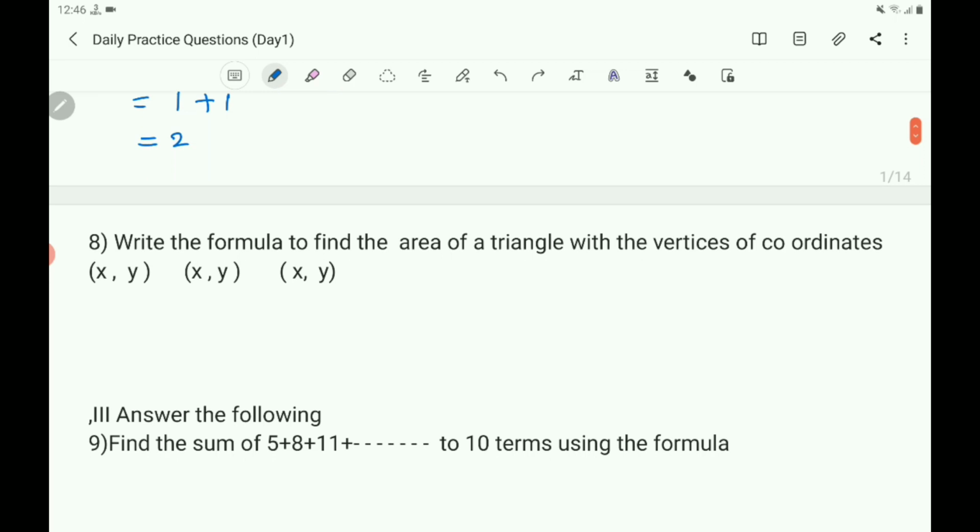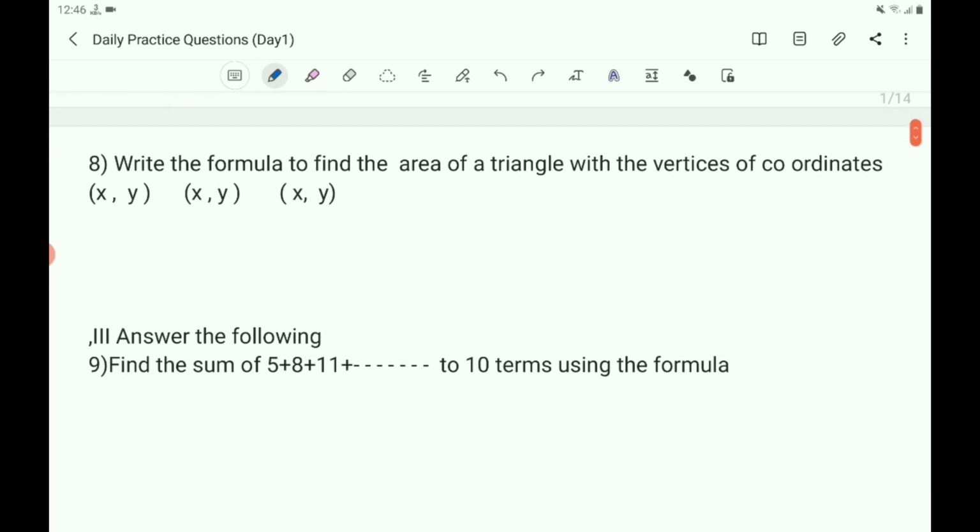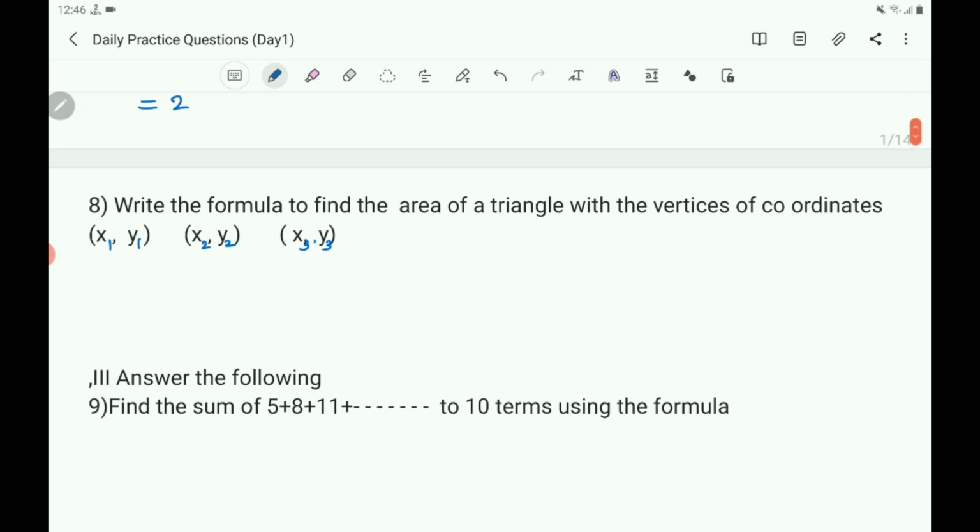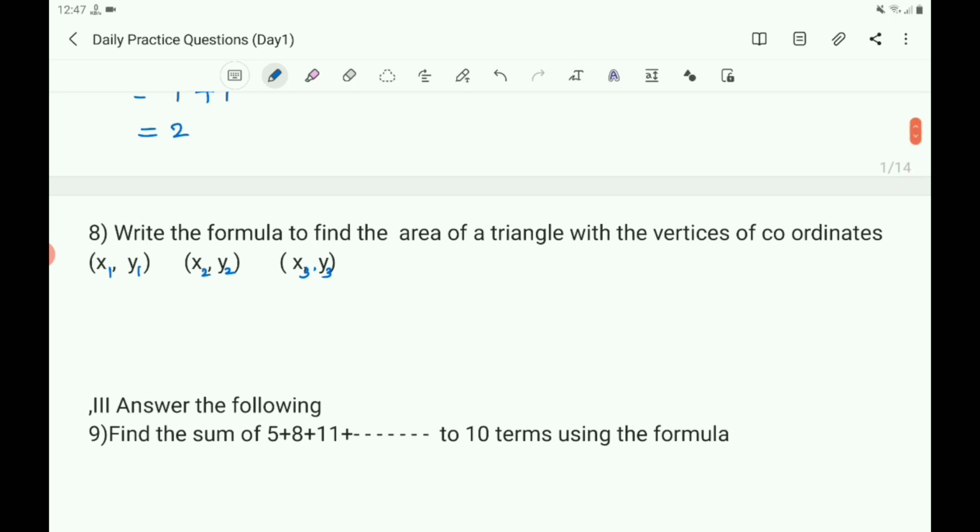Then write the formula to find the area of a triangle with the vertices of coordinates x1, y1, x2, y2, x3, y3. So let us write the formula for the area of the triangle with the vertices of the given coordinates. So you write area of triangle